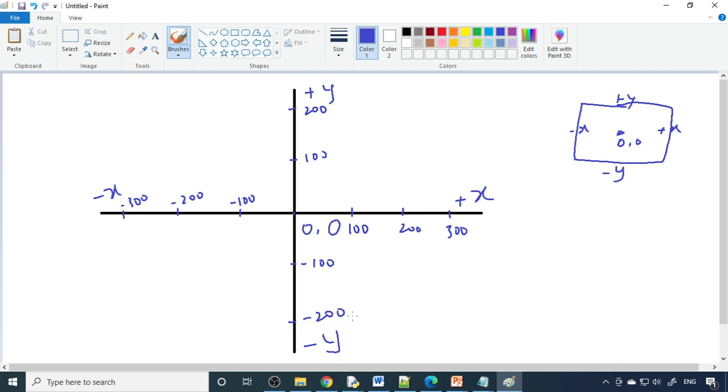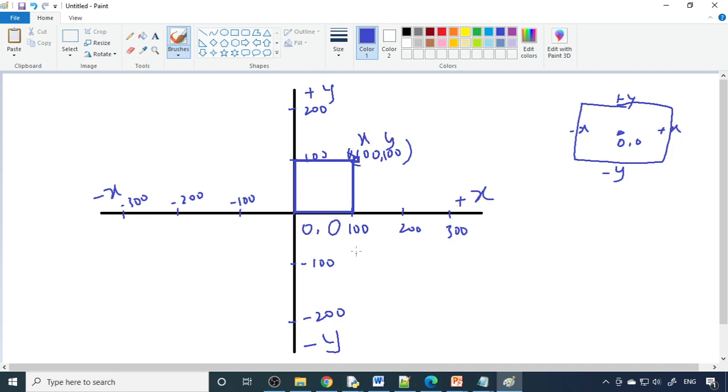That's how the concept works. Now if you want to draw a box 100 by 100, then what happens? Your point should come somewhere here. Let's say we draw a box here. Now this corner is 100 by 100, meaning x is 100, y is 100.